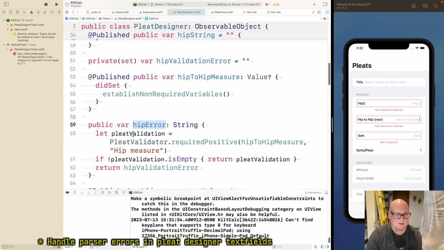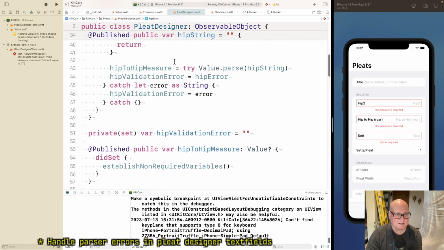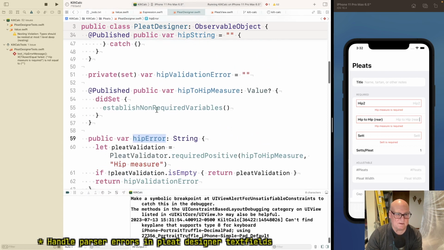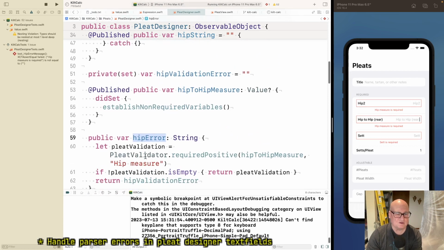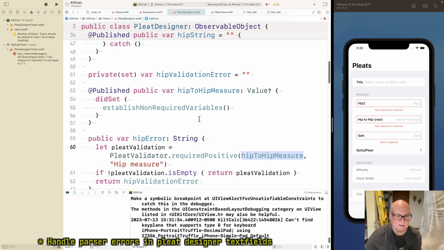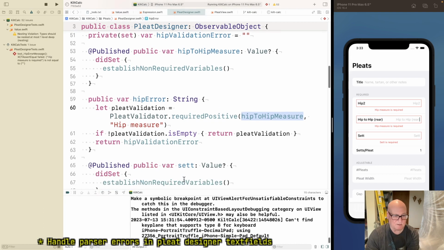But what I'm trying to do is say there's a validation string that gets tracked by this code, and then there's the hip error that tracks the actual hip measure value. And if there's no problem, if there is a problem with the validation from the Pleat validator, we should return it. But if the hip validation error is not empty string, we should return that.